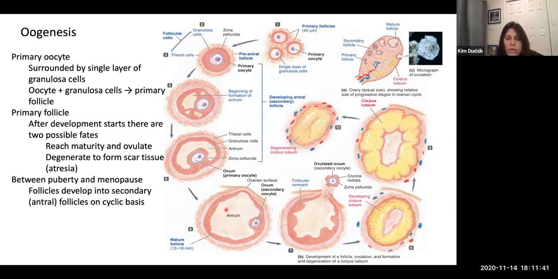It gets more fluid in there, so that space now is called the antrum. Right? It's got more thecal cells around it. This is a mature follicle, and now it's ready to start its second meiotic division. This is a secondary oocyte here, but it arrests, it stops. Okay, and so this mature ovary, and so basically these follicles are kind of moving around the ovary, and when